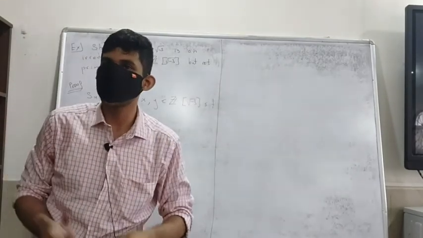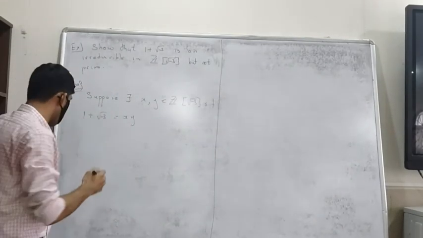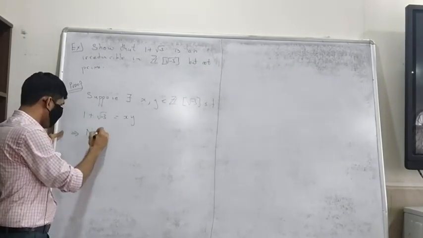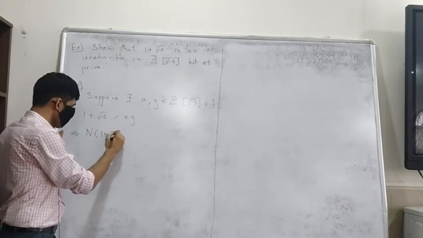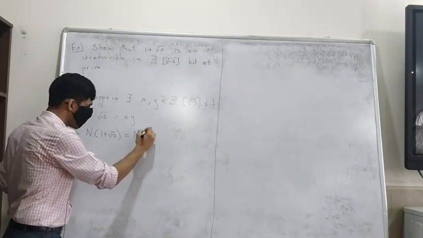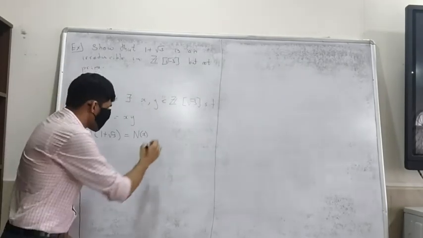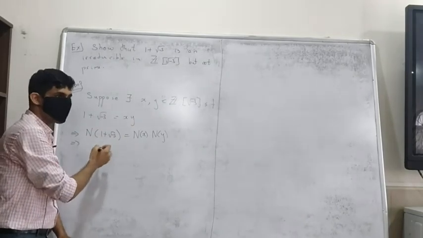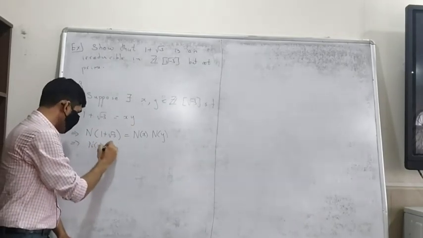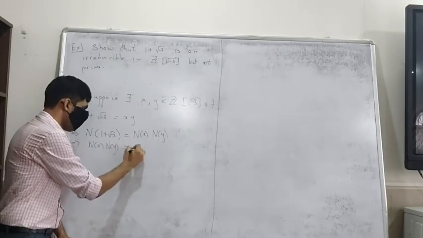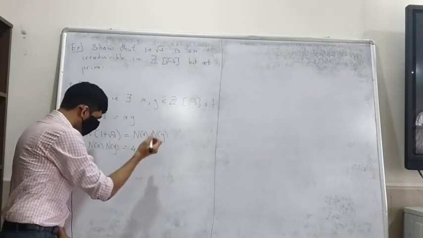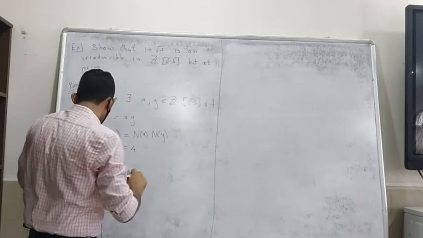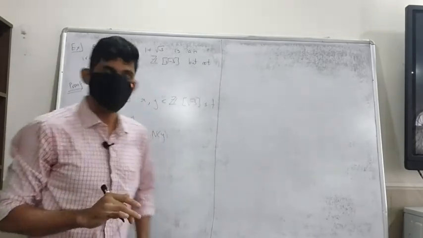But the N function still helps you. You take the N function throughout. We have proved some nice properties of the N function, so you get N of the norm, if you want to call it, equals N of xy. We know that N of xy is N of x times N of y. But what is N of this? It is 4. So we get N of x times N of y is 4. Now you have to check what happens here.